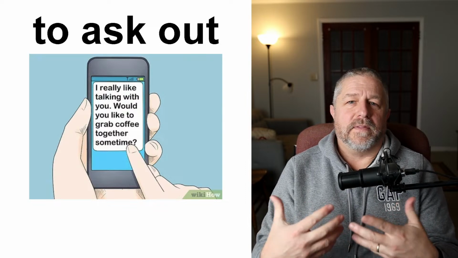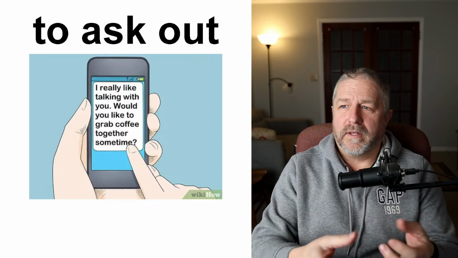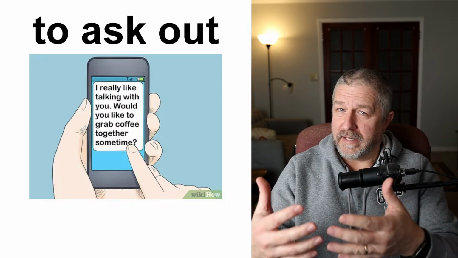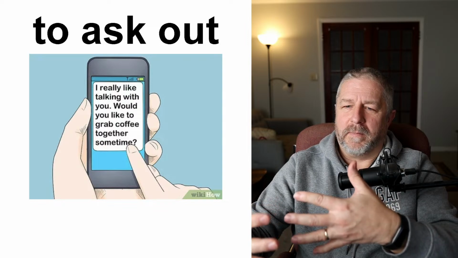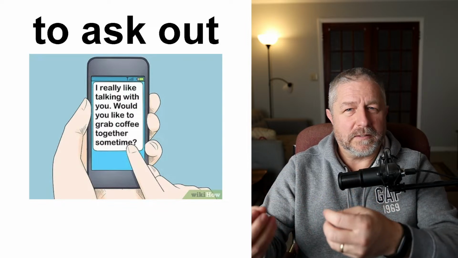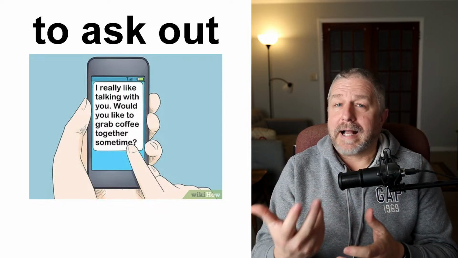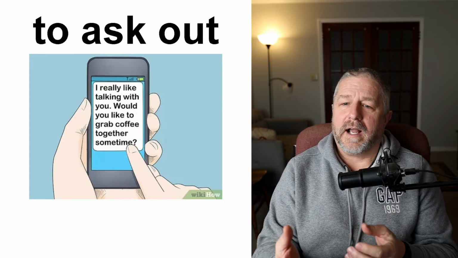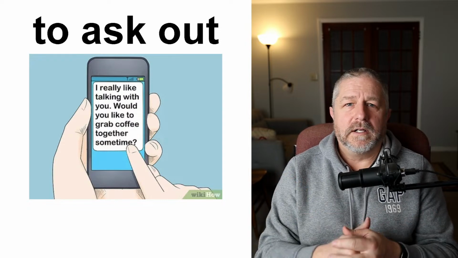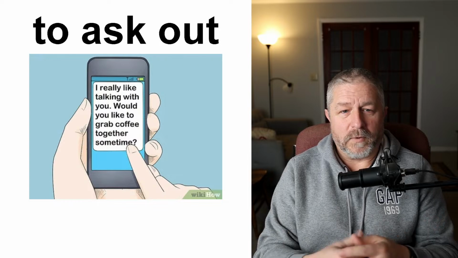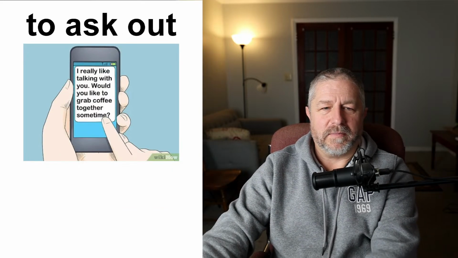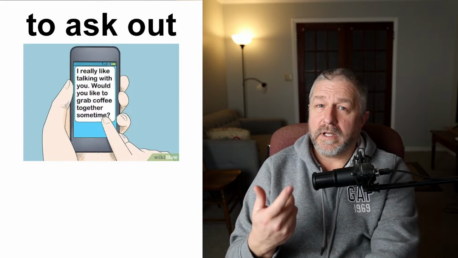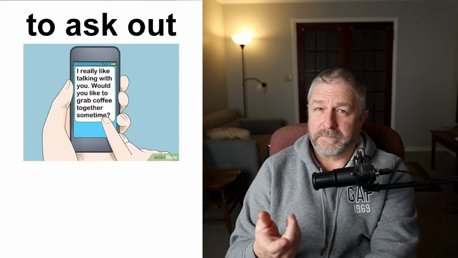So if there is someone who you work with, or maybe you've met through friends, you've gone out with your friends, and then there's some other people's friends there, and you meet someone and you like them, you might ask them out. You might say, hey, I had a really good time tonight. Do you want to go out just the two of us sometime? Or you might send them a little text message saying the same thing. But it means you are interested in them romantically. Okay?